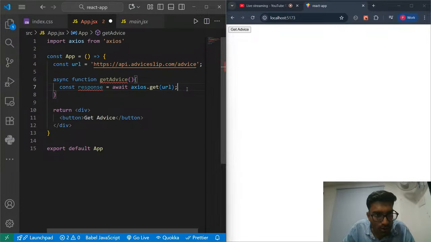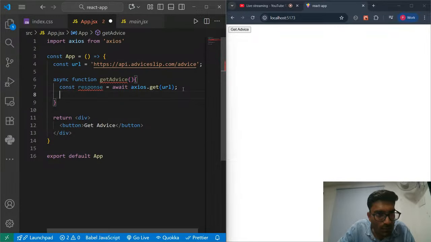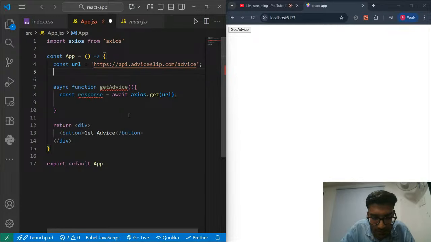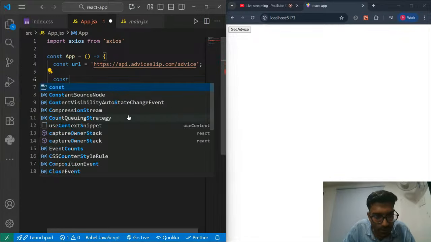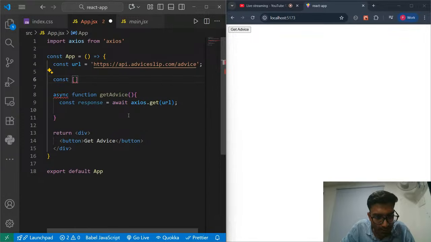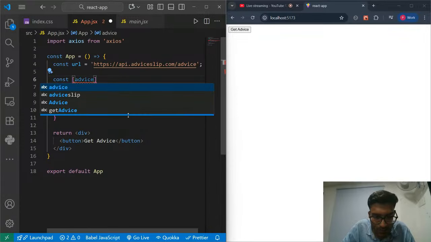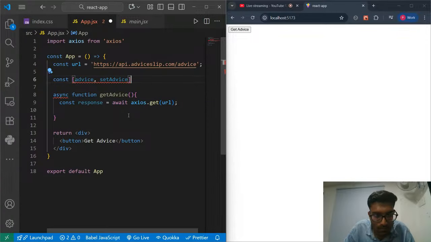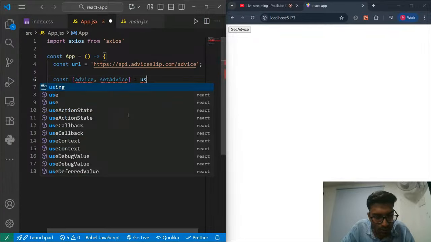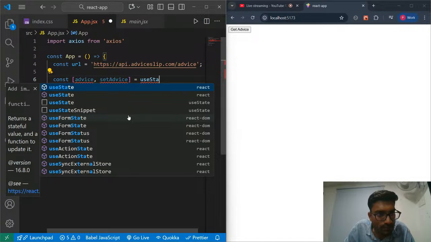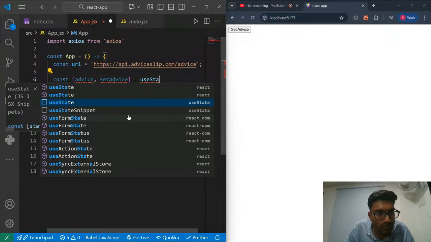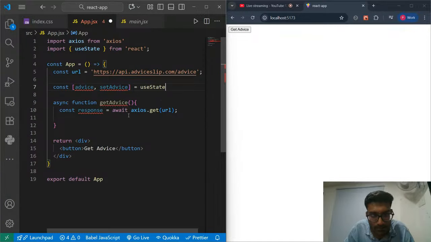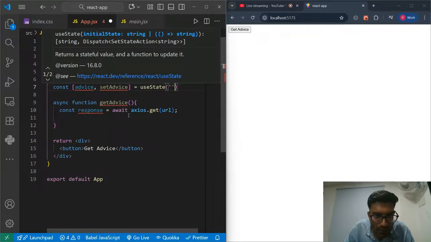Now what we can do, we can make one state inside React. So what is state? State are simply variables in React. So I'm going to make one const advice, and one method setAdvice, is equals to useState, which will have the default value of an empty string.